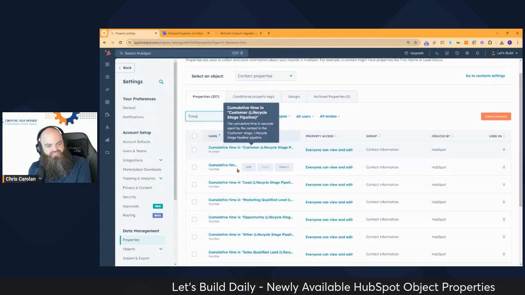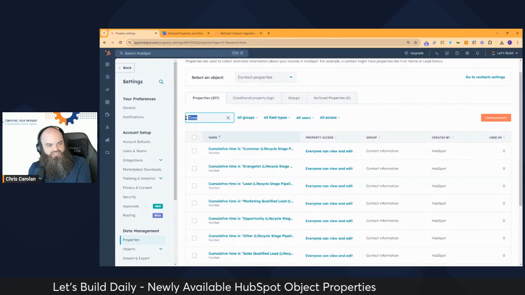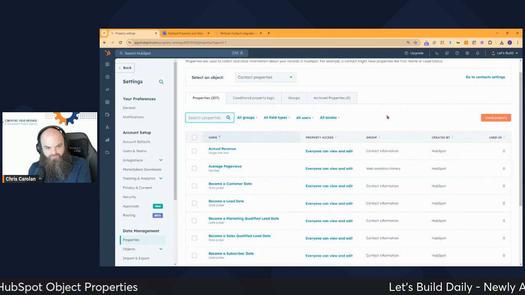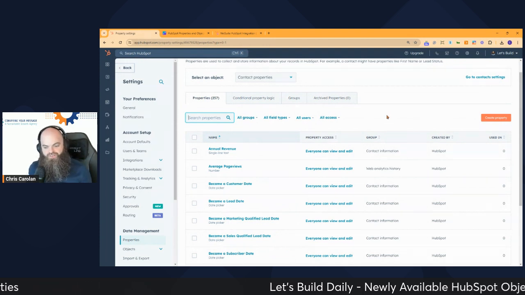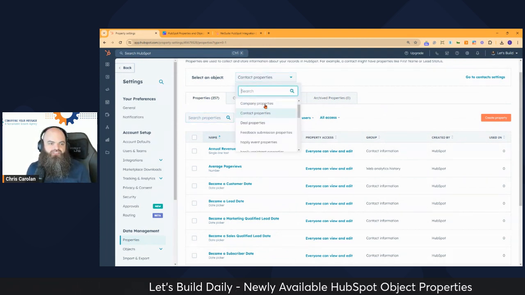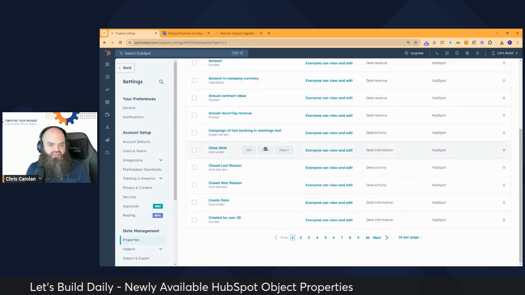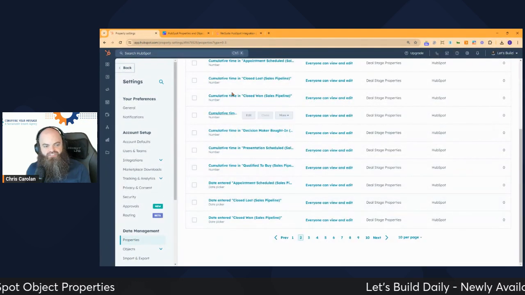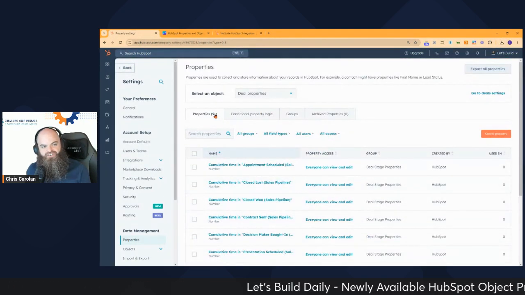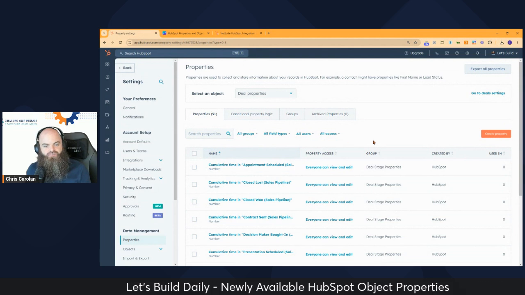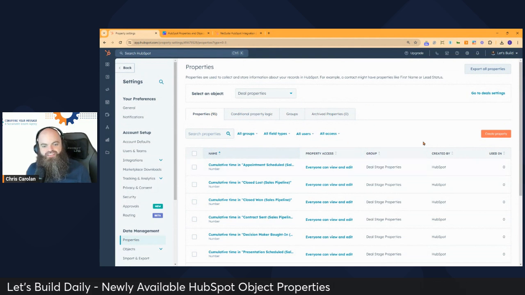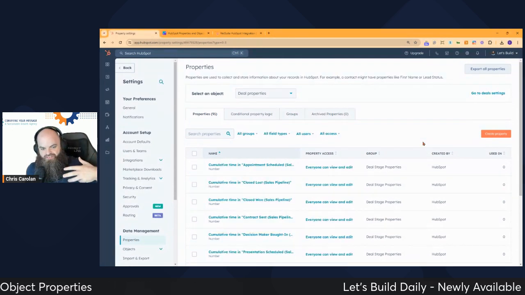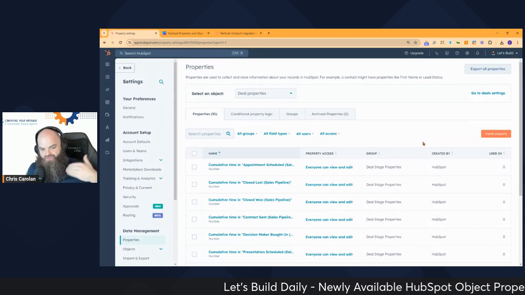And if we look in cumulative time in these different stages, there's been a lot of stuff related to life cycle stage reporting, deals they've recently added, I think, like cumulative time in, date entered, a bunch of these fields. We never used to have 91 default properties. And then decide how it can work for you as far as a system that you can maintain and understand and also explain to other people,